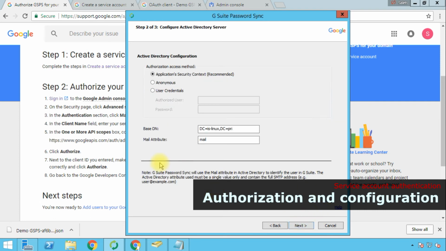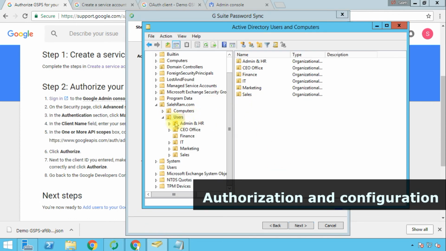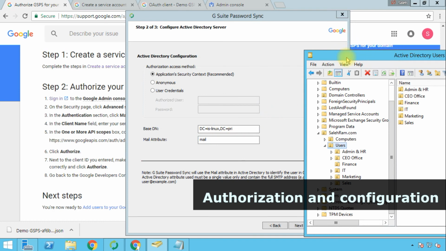Now when we click next, we are presented again with the screen to enter the credentials to connect to the Active Directory and to select the base DN path for our users. I kept the base DN to the default value previously, but I can show you what you need to do if you want to specify an OU in your Active Directory. So basically you'll have to go from the inside to the outside. So I want to select this user's OU. So basically it will be like